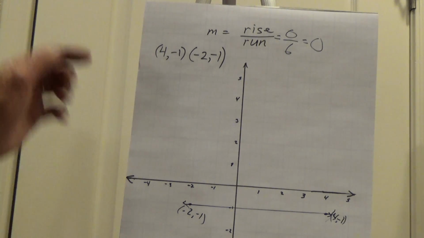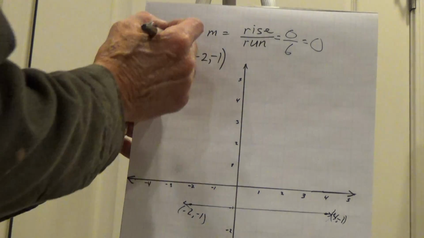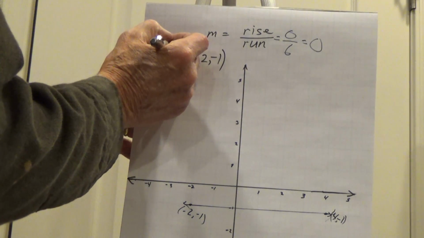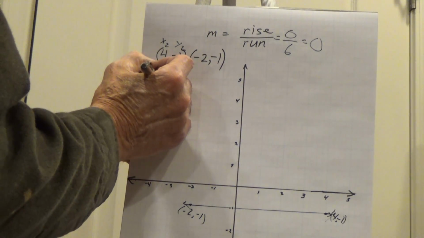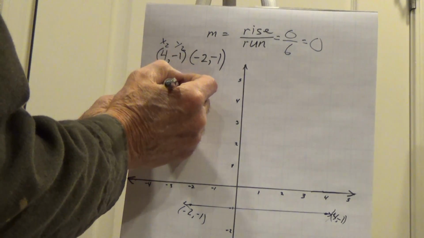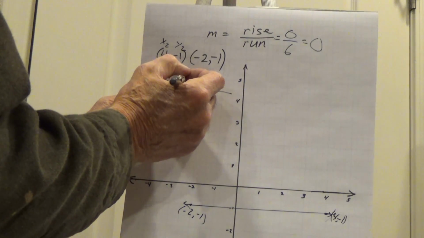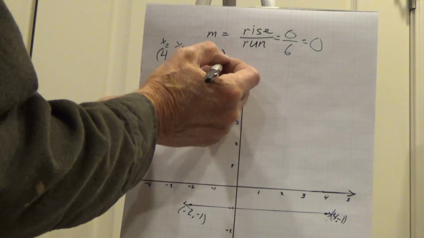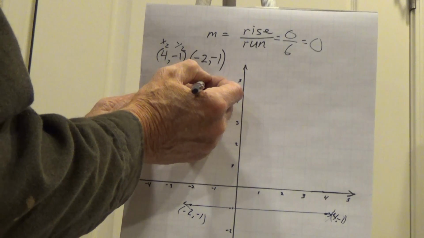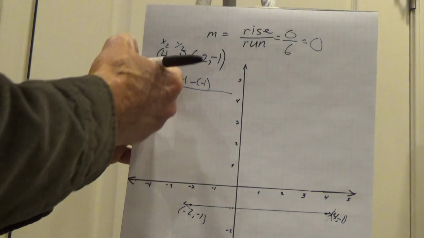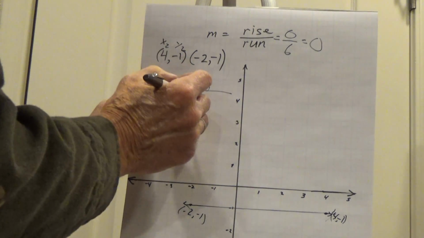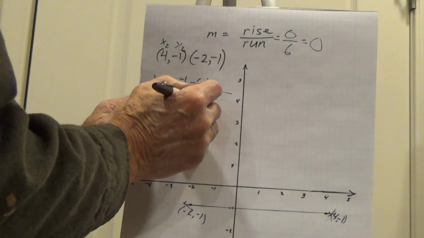So when we do the equation, we should get the same thing. We'll call this x sub 2. We'll call this y sub 2. And so we have m is equal to -1 minus -1. And we started with this -1, doesn't really matter. 4 minus